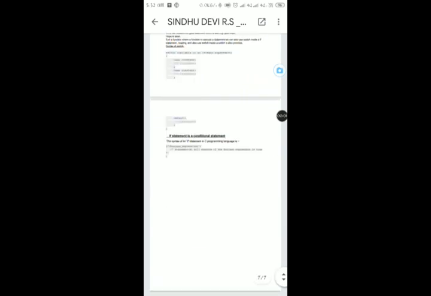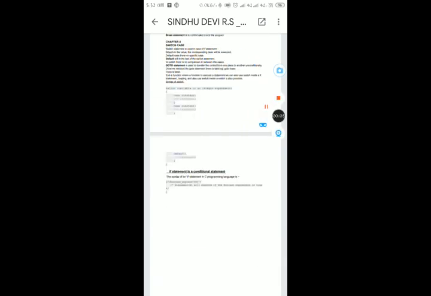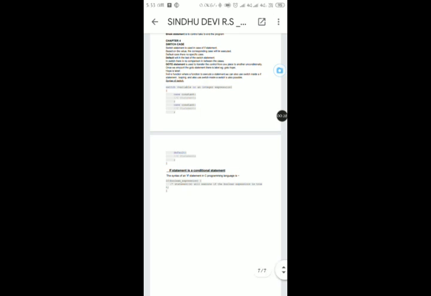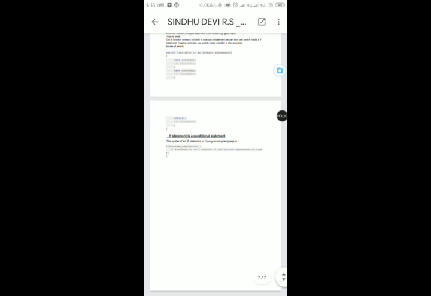We can also use the switch statement inside an if statement, inside a looping statement, and using a switch inside a switch is also possible. Syntax of switch statement: it has a case statement. If the condition is true, it will execute statement 1. Otherwise, it will check case 2, and if it is true, it will execute case statement 2. Otherwise, it comes to the default statement and executes the default statement.